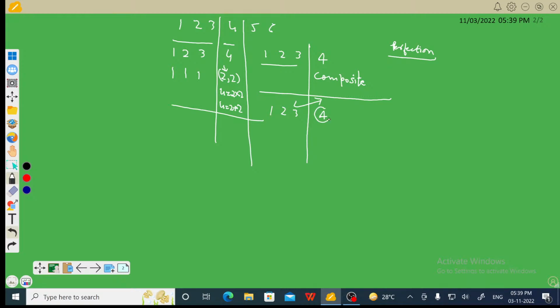And here a new concept of composite, in comparison to non-composites, is coming into play,